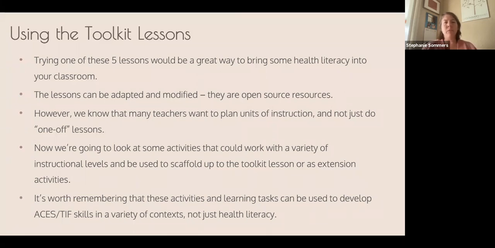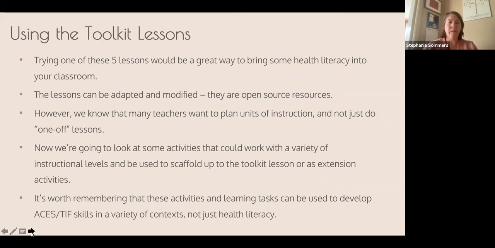So we've just seen where we could get lots of information about health literacy and even some lessons. And now we're going to talk about, well, how could we maybe build on that and bring in more ACES TIF skills to really embed some health literacy learning in our classes? And finally, it's worth remembering that these activities and learning tasks can be used to develop ACES TIF skills in a variety of contexts. So today we're talking about health literacy because it's an important topic for our time, but you could use a lot of these activities to teach in different